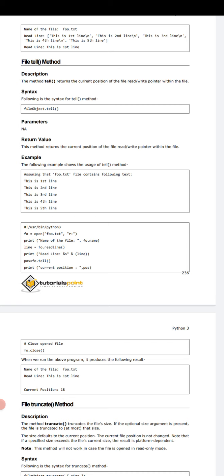Following is the syntax of the tell method: fileObject.tell(). File object means your file name.